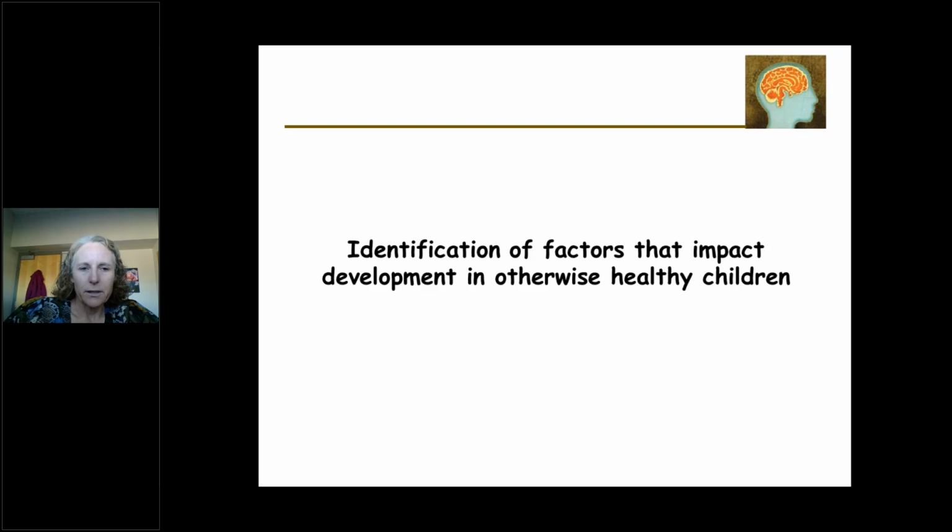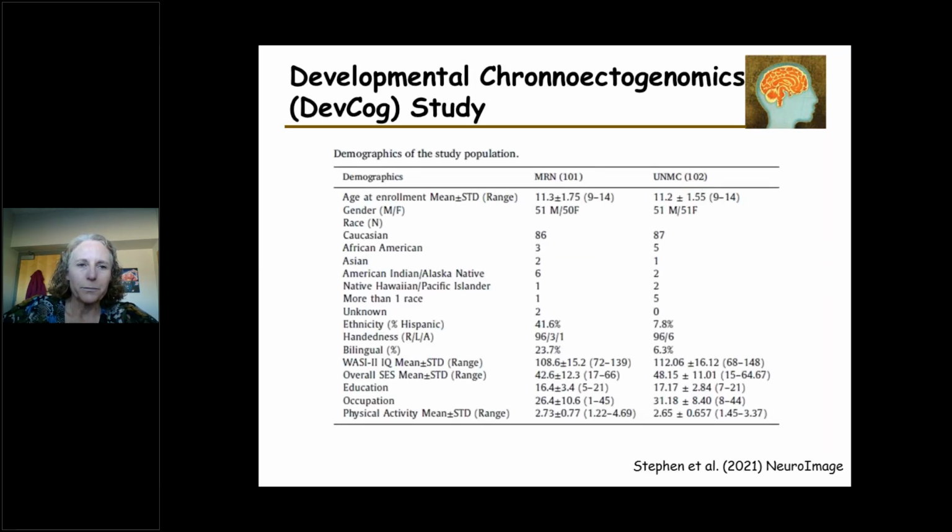So I also want to keep moving on to other factors that impact development in otherwise healthy children. We have spent a lot of time looking at kids with prenatal alcohol exposure, but we're also looking at neurodevelopment more broadly. One of our big studies that we did recently was the developmental connectogenomics study, or the DevCog study. This was focusing on kids 9 to 14 years of age, and we followed those kids longitudinally for 3